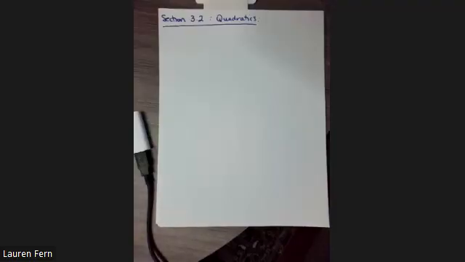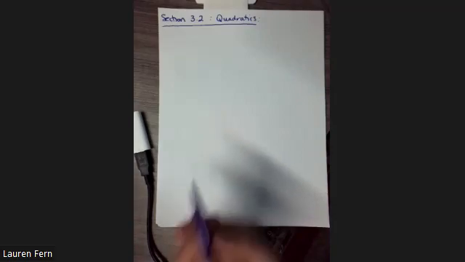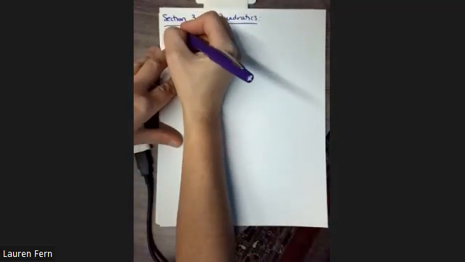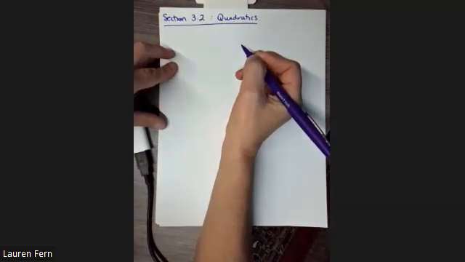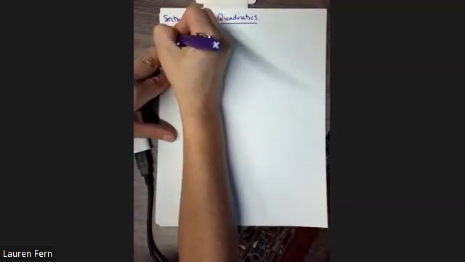All right, so this is a big section, partly because what it involves is a lot of the prerequisite material that you may or may not really remember very well. In particular, we're going to be talking about things like factoring and completing the square. And I'm just going to build all of those skills into what we're going to be talking about in section 3.2. So when we talk about quadratics, which I claim we've actually already done, what we're talking about are second